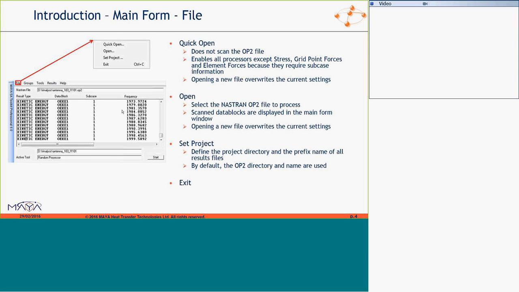And there's a variety of formats for OP2 files. We support the default formats that come out of NX. If you start with those, you may not be able to read the OP2 file into the toolkit. But I'll show you what the requirements are for the toolkit to process the OP2 files in terms of Nastran syntax.